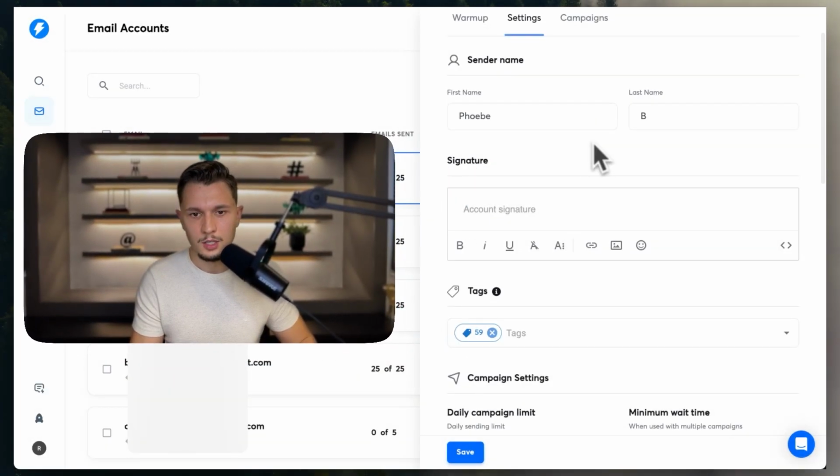Now, let's look at the settings themselves. We will open one of the email accounts. Let's open the settings and I'll present to you each of these settings right here. Starting with, of course, first and last name. These are very simple. You put your first and last name. I don't recommend using any AI-generated